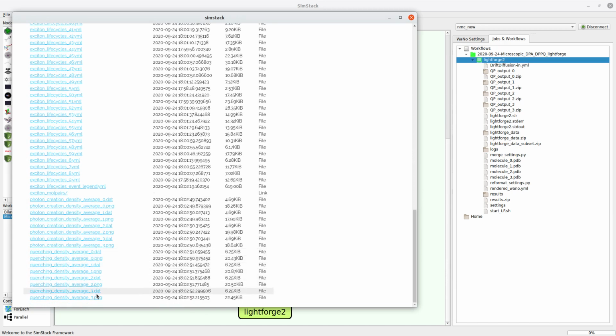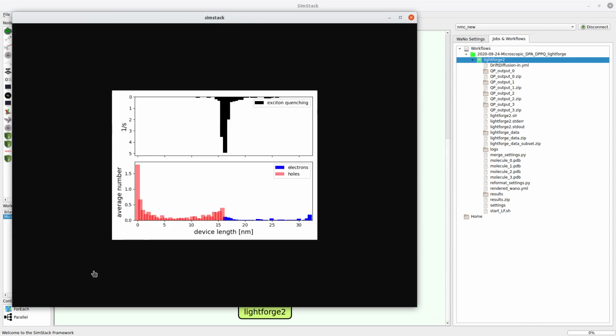We have 4 files here for the 4 different fields, so we will look at it for, say, field number 1, and we see in this bottom panel in red the average hole concentration per our 80 nanometer cross section, and in blue the